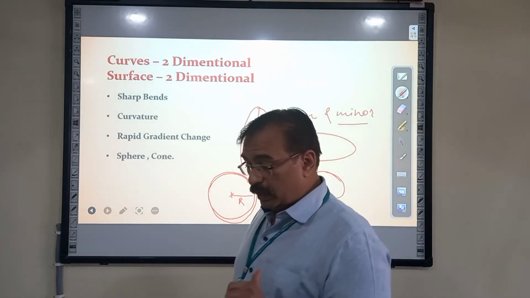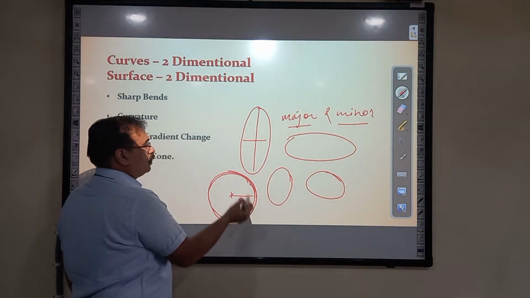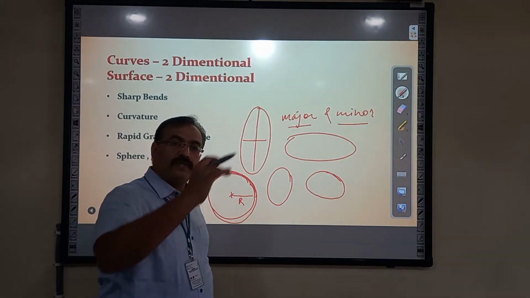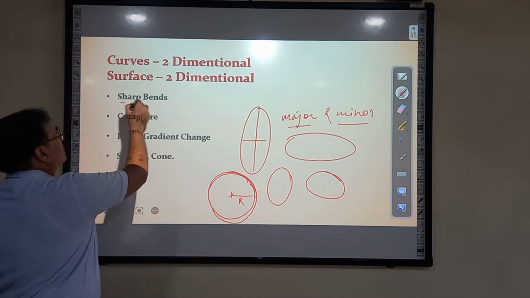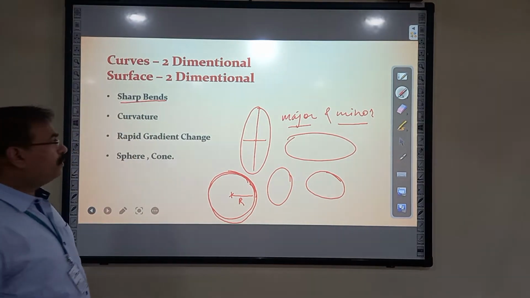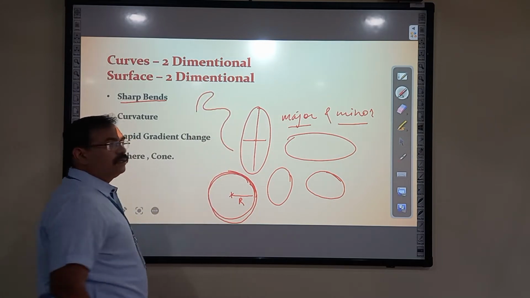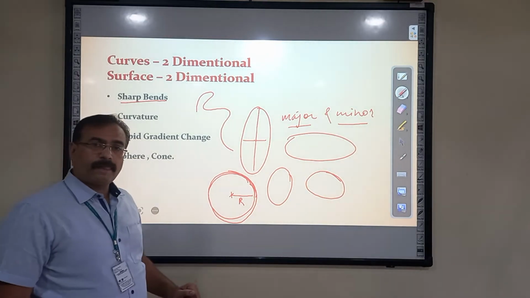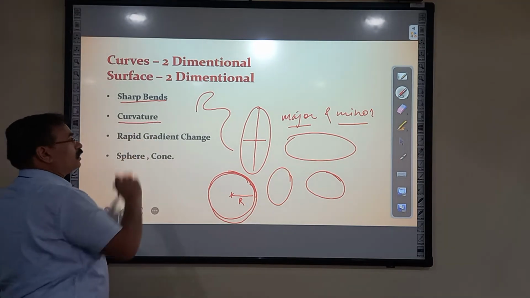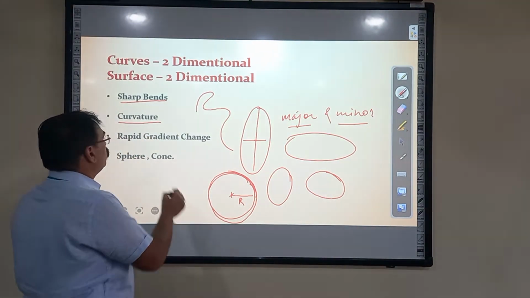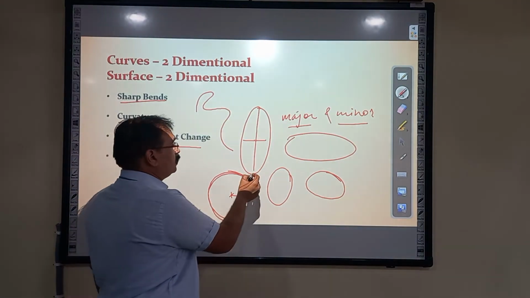But here curves mean what? We are going to have bends. It is going to take a particular curved path. So we can have a bend, but what if the bends go very sharp? I'm having this bend, and it may go this way. This is also an acceptable image. So if the bends are very sharp, high curvatures are there, we have a rapid gradient change which may be unpredictable. Here at least it is predictable.